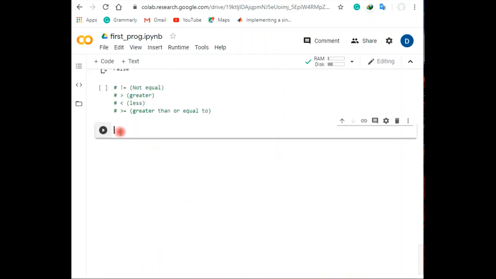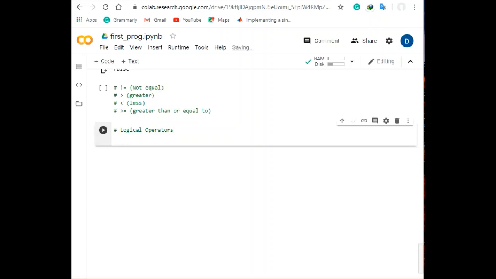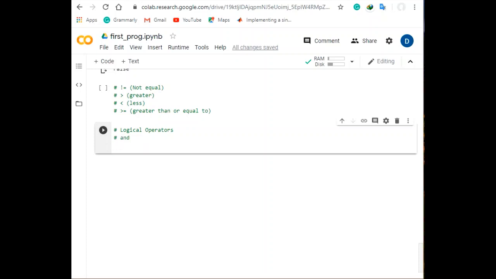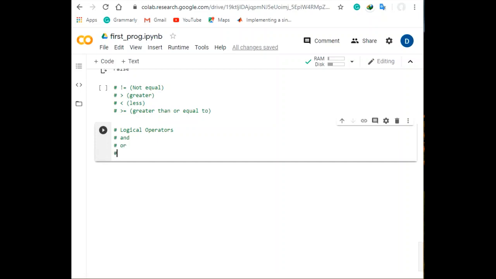So now we have another operator, which is the logical operators. These operators are very well known to each of you: we have logical operations such as the AND operation, the OR operation, and the NOT operation. So basically we have three. First is used for AND, second is used for OR, third is used for NOT. Please take care about that. I'm mentioning this hash only because this is just a statement. If you want to use it, you have to use and, or, not.